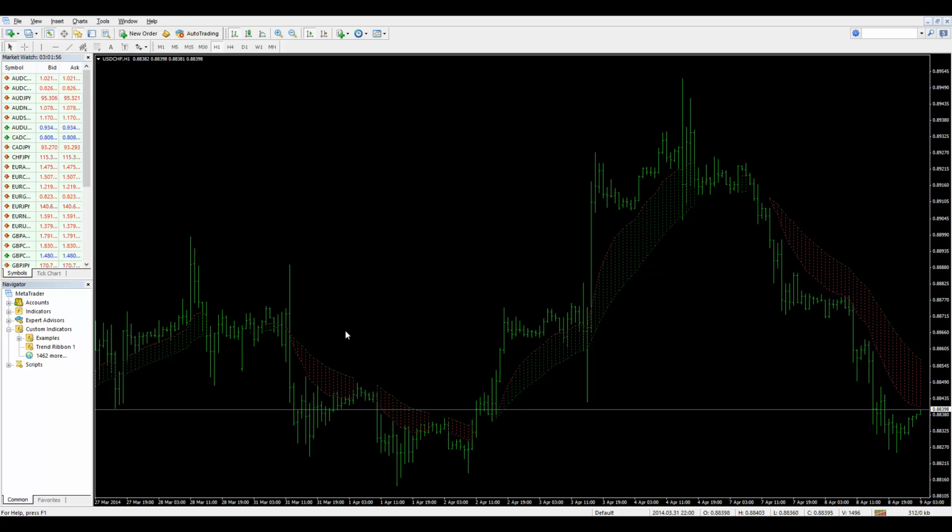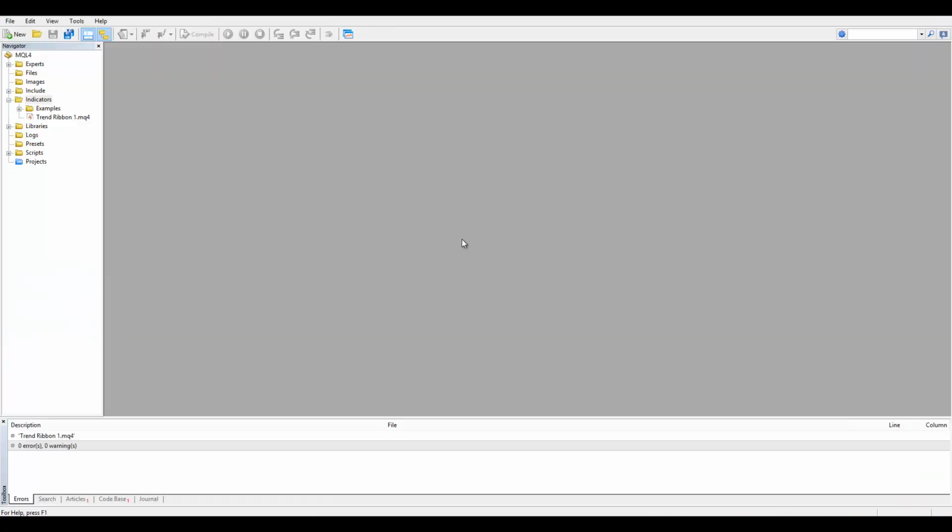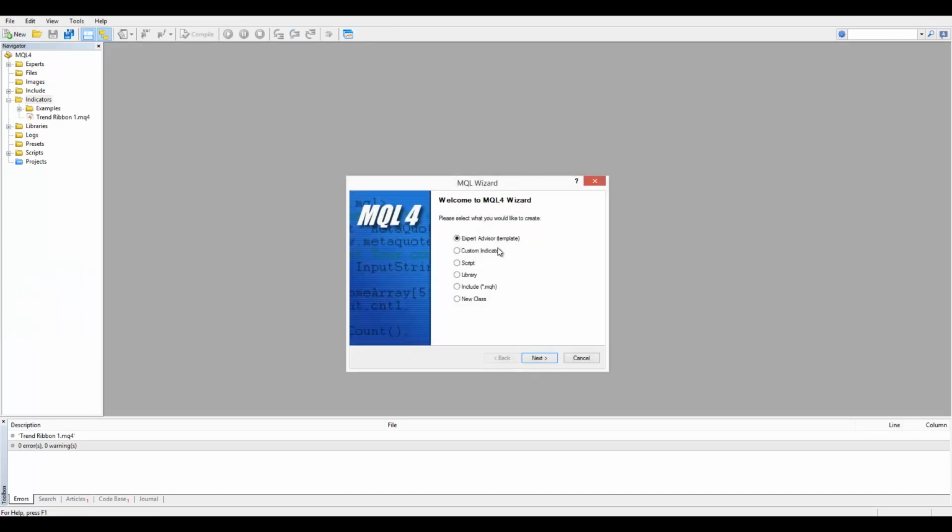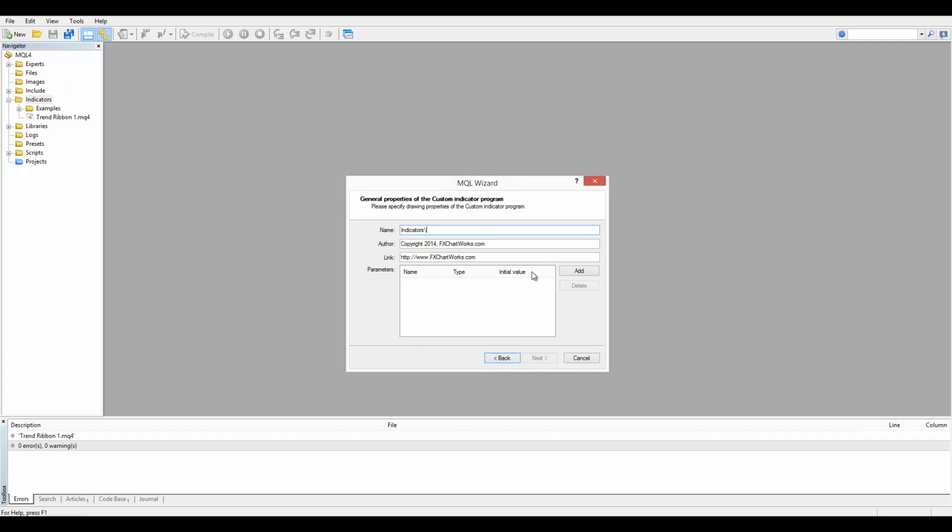Now, as you can see, I've already created one. We're going to go from scratch, so you don't have to watch painfully as I type things. I've already got the indicator written. I'm going to be simply cutting and pasting and explaining the code as we go. So let's go to the meta editor. This is the indicator we're copying, trend ribbon. I'm going to new custom indicator,